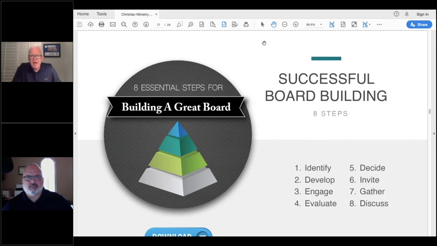But you start by identifying potential candidates, making a list of them, developing a relationship. You want to start engaging them in some projects, maybe sitting on a board committee, maybe running an event or what have you, just to get a sense of how they operate, how they act, do they play nice? And then you maybe get to the point of inviting them to apply to be on the board. The tool that you'll download has got a lot of explanation of all these different steps. I'm just showing you that there is a process you can use, and it can be very helpful to get the right ones on the bus and avoid having to ask somebody to step down.